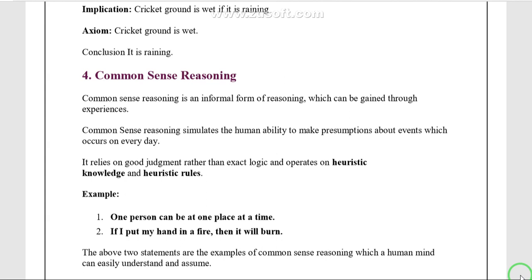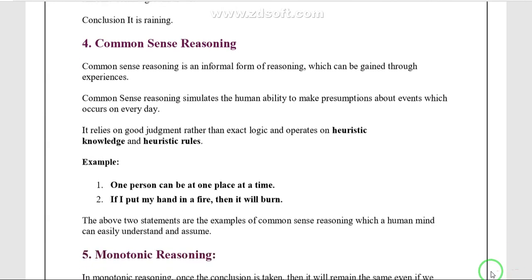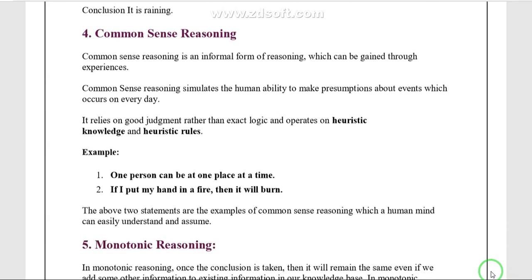This is real good judgment rather than exact logic, and it operates on heuristic knowledge and heuristic rules. The example: one person can be at one place at a time. With the help of this premise we can say that only one person can be at one place. If a person has arrived at place X, they cannot be available at place Y. So the statement is right. The next example: if I put my hand in a fire, it will burn. This is a true statement, because if we put our hand in the fire, we will definitely burn. So these are real-life observations, which come under